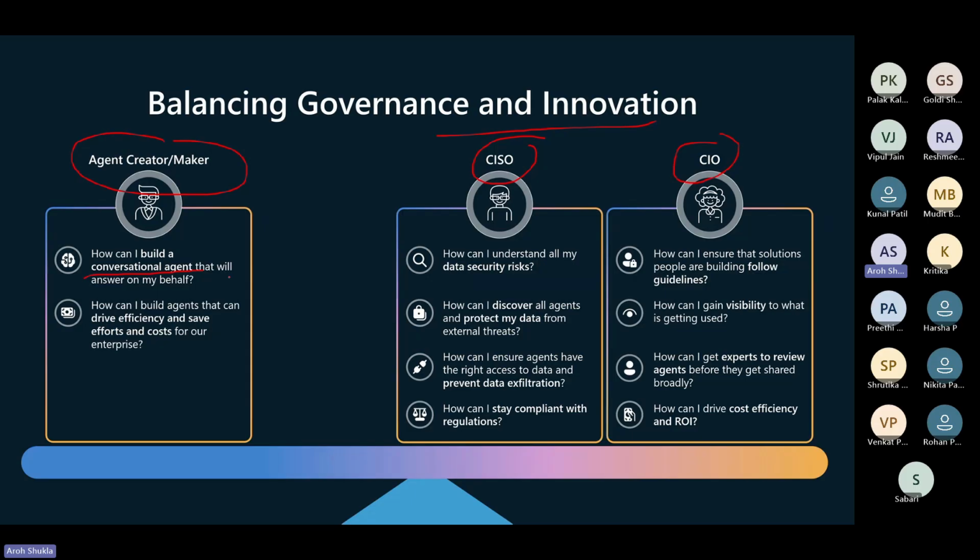However, the security officer will think: okay, the IT department can build, but what about data security? What about compliance? Because IT works for different departments like finance, am I able to protect the other departments from threats? So he talks on a different tangent. Now the CIO will talk about different things: am I getting all the visibility for my agents? Do I have some expert who can share with me how it will work? Am I getting proper ROI? So I'm talking about three different audiences.